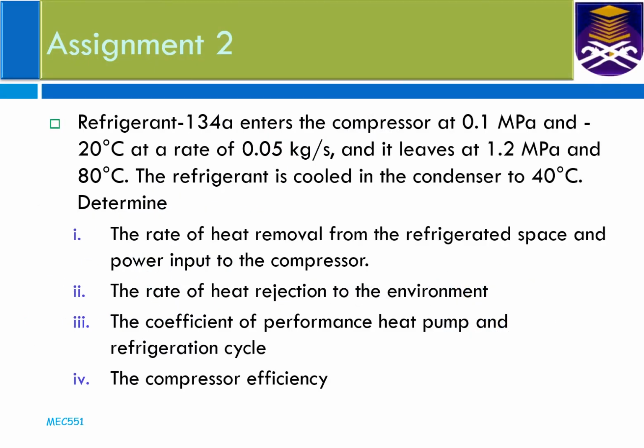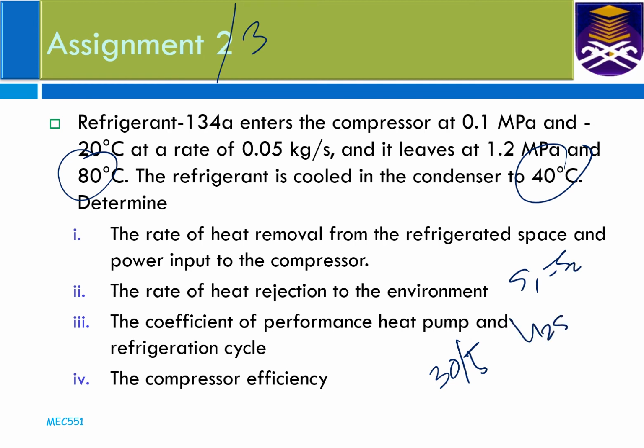So this is assignment 2. Sorry, this is going to be assignment 3. Okay, what you have to calculate. So the due date is 30th of May. Okay, this one is reversed, I give you 80 degrees Celsius, and then 40 degrees Celsius sub cooling. Okay, earlier I gave you the compressor efficiency, but this one I give you the temperature instead. So the process is almost the same. S1 equal to S2, you first get the value for H2 isentropic. Okay,